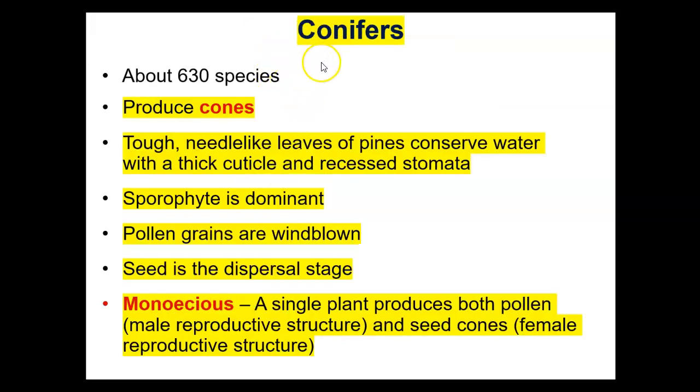Conifers, like the beginning part of that word sounds like, are trees that produce cones. Think of a pine tree, or a loblolly pine, which is the North Carolina state tree. They have tough needle-like leaves that conserve water. The cuticle is very thick and the stomata are recessed. That means they're kind of back a little bit in the tissues so that